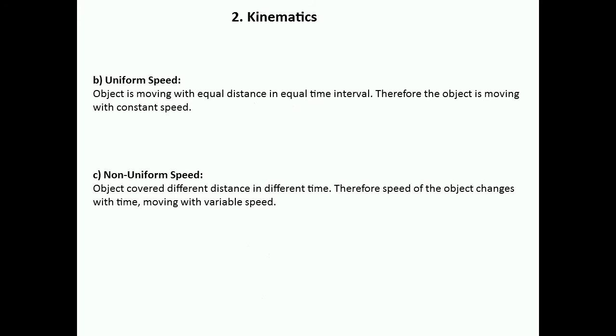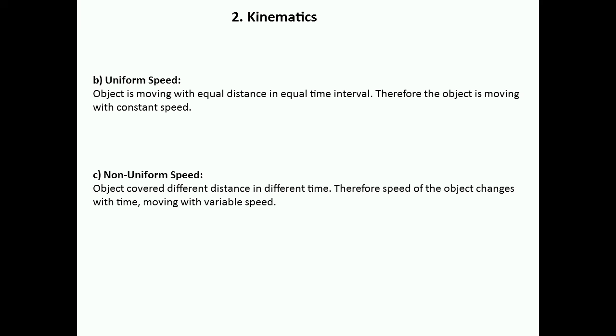Dear student, the second type of speed is uniform speed. Uniform means constant, with the same rate. So uniform speed can be defined as the object moving equal distances in equal intervals of time. It means the object covers equal distance. The object will move from one place to another in the first second, then from the second place to the third place in the next second. So the time will be the same and the distance will be the same. Then that is called uniform speed.